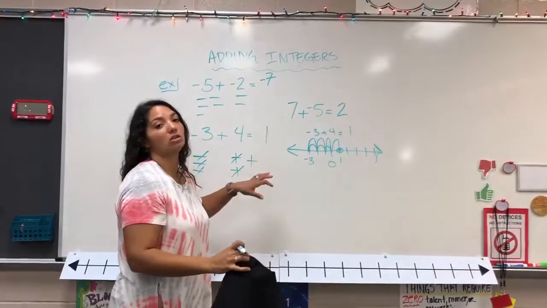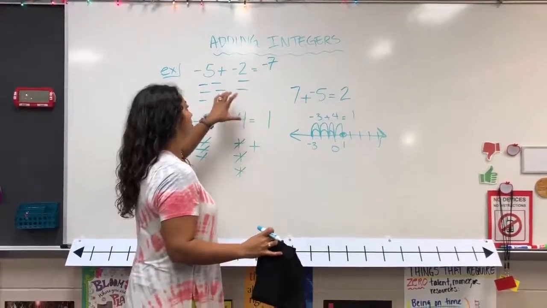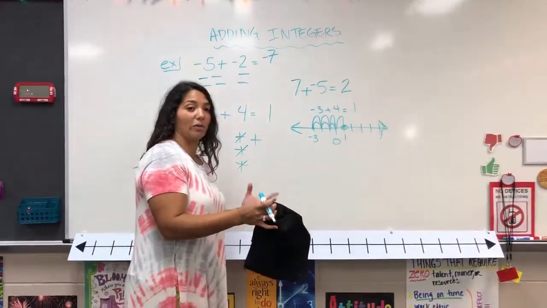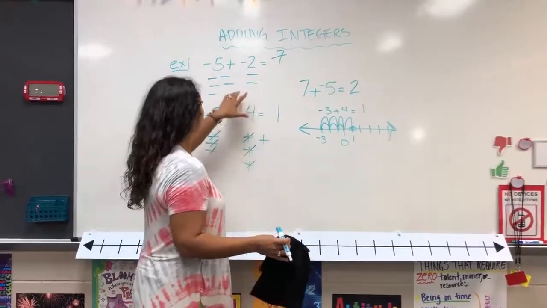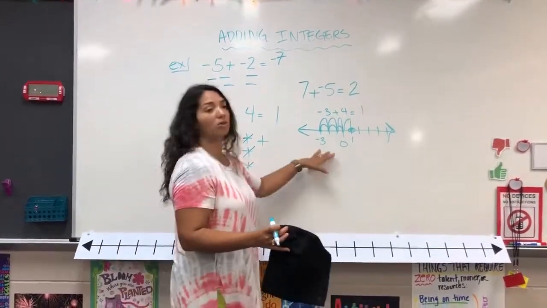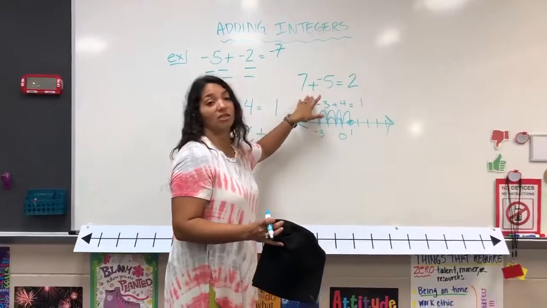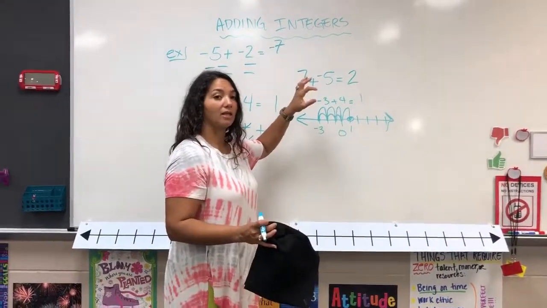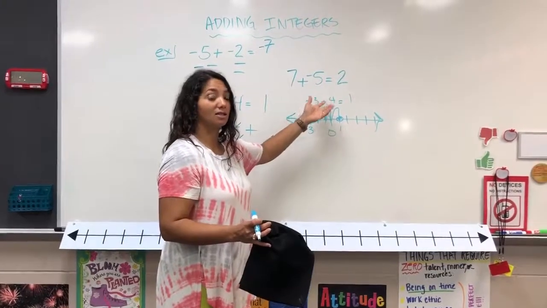So there's 3 ways we can do adding integers. We can just have that knowledge of the way things relate to real life. We can use charges, positive and negative, and zero out. And we can do number line, or we can just change it to subtraction, and then the sum takes the sign of the